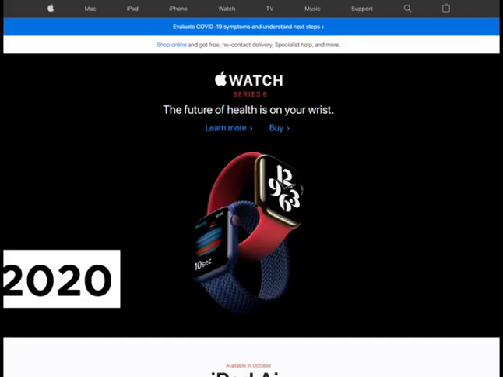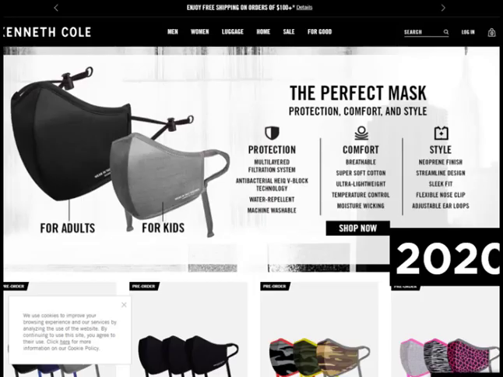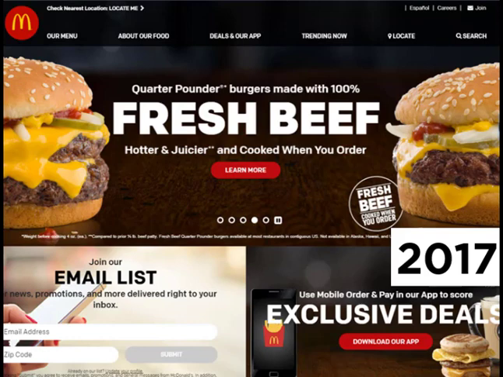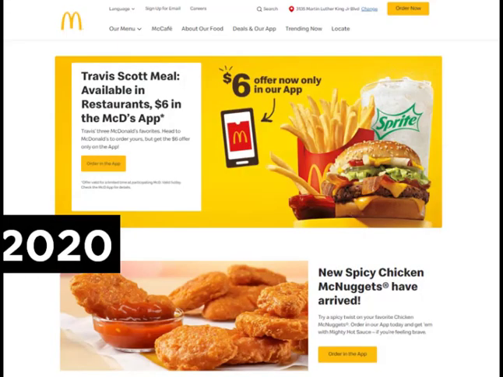Interestingly, some of the companies that leaned heavily on white in the 2000s and into the 2010s have gone to predominantly black design schemes today, like Apple and Kenneth Cole. Interestingly, though, McDonald's has gone the opposite direction. For a few years, the McDonald's website and a lot of their print materials were framed by black. Today, however, the site is light, bright, and white, and I think this might have something to do with our